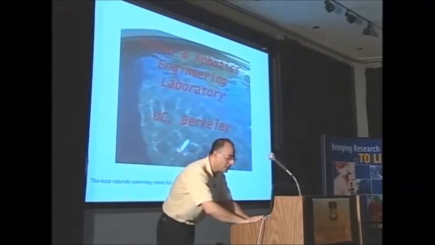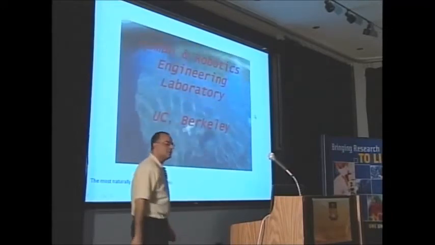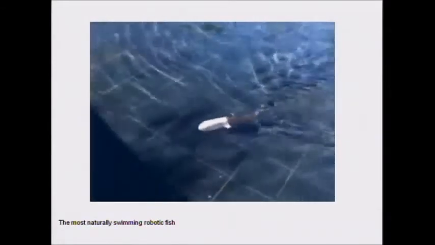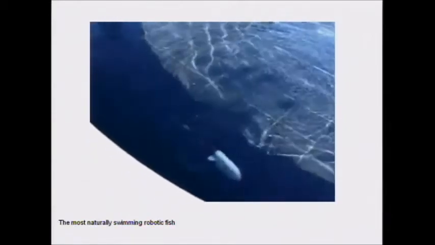You can also get inspiration from the fish. This is done at the University of Berkeley, and it's an artificial fish that can produce a very nice natural swimming. Initially, when I looked at this fish, I thought that it was a real fish, and they put a cap or a can over the fish, and the fish struggles to get out. But that's not true. That tail is artificial, and you will see how natural it is.